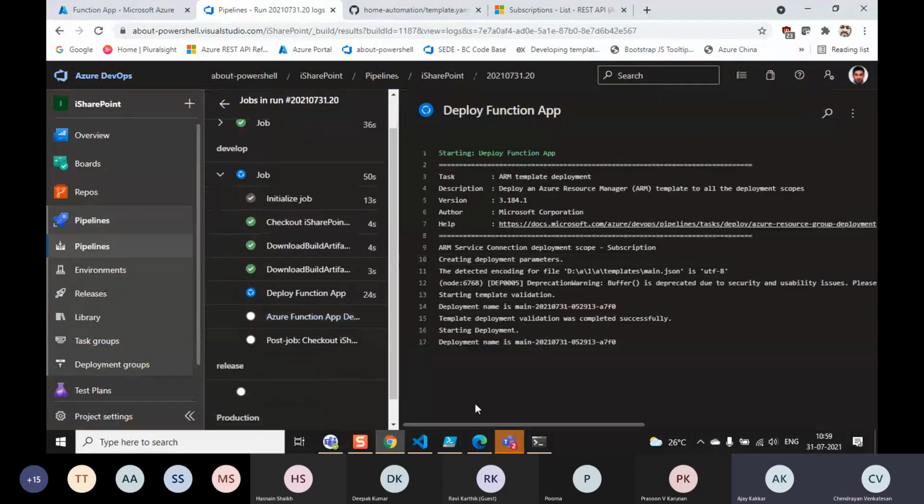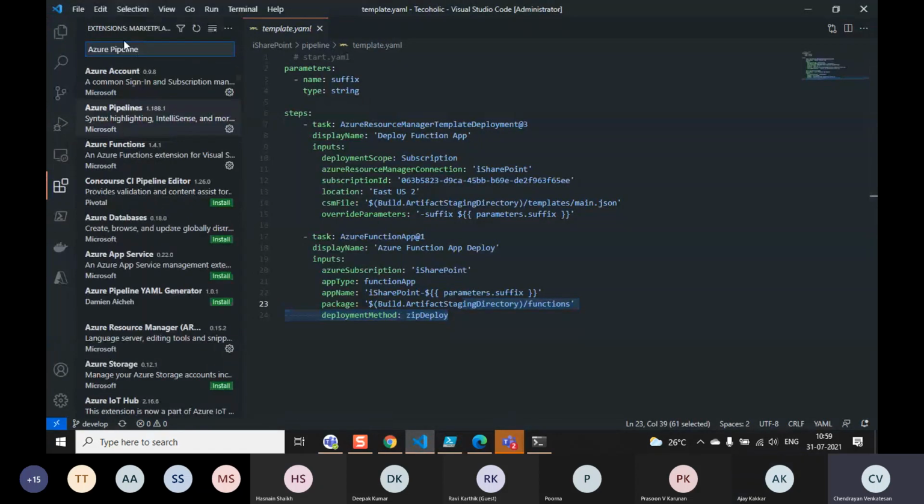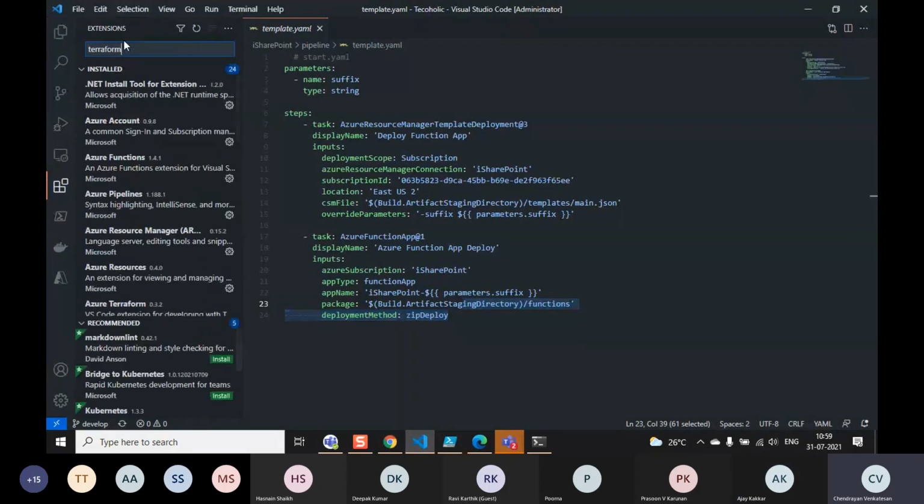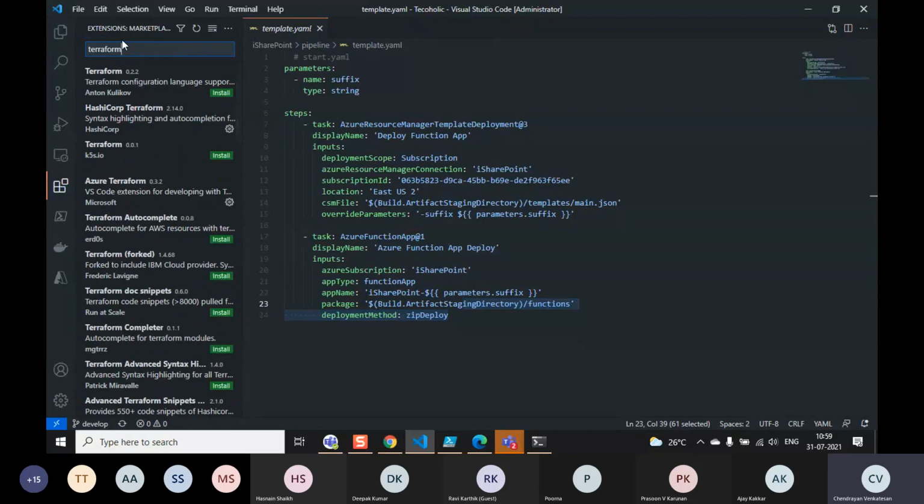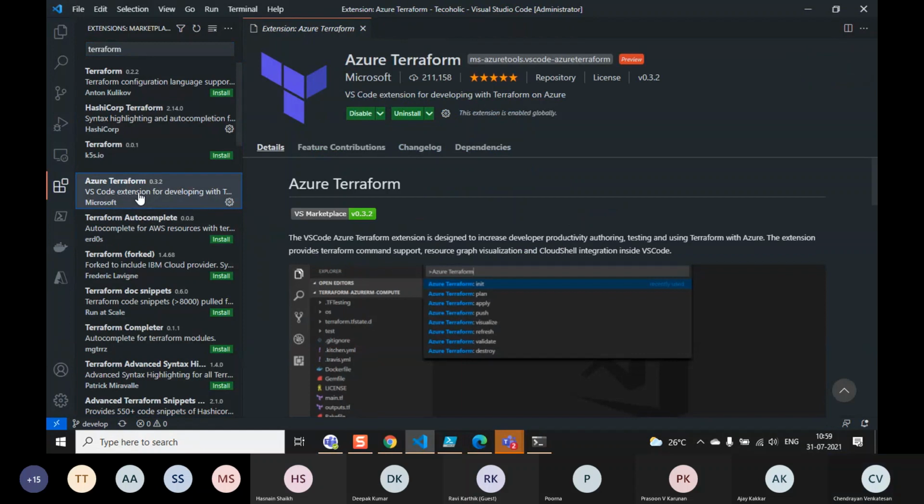Jay, meanwhile, we have one more question. Sure. Basically, it is asked, do we have some extension which you would suggest for Terraform? Yes, you can have a Terraform extension installed as well. You go to the extensions and just type in Terraform. I think Microsoft itself has given that, if I'm not wrong. Yeah, you see here, Azure Terraform